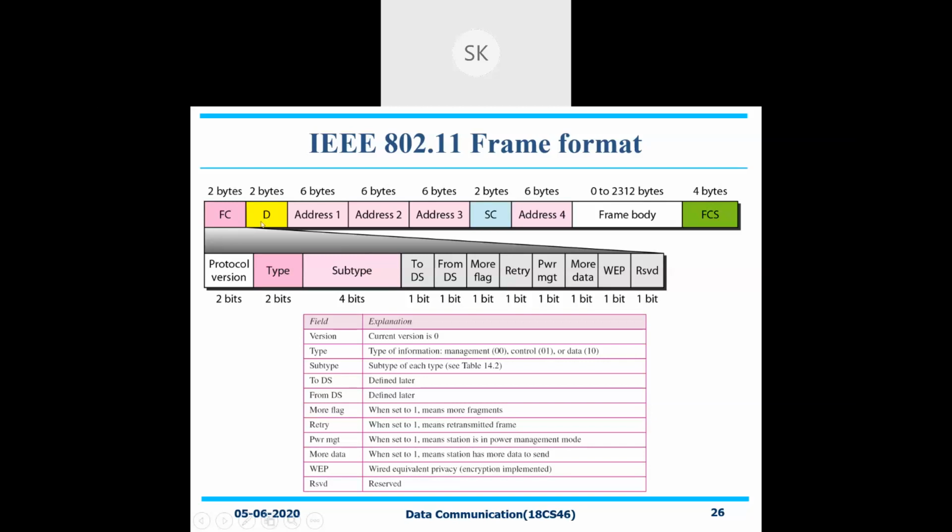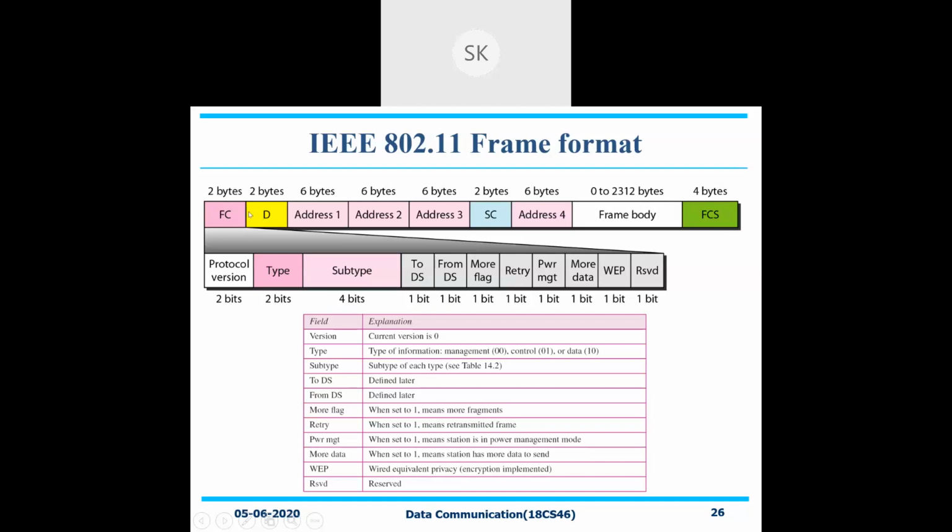The next one will be a delimiter, that is D, followed by address 1, address 2, address 3, followed by SC. The next one is your address 4, followed by a frame body, that is your actual data, followed by your frame check sequence.